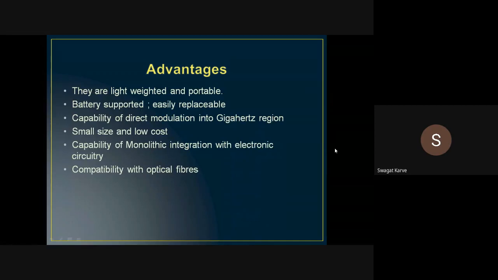So in case of the step index fiber, where the light travels along the core axis of the fiber optics, this type of laser diode is very much useful, because we want a coherent, very directed beam of light, so that it will not get scattered here and there. In that case, laser is the only good option for you. So those are the advantages.